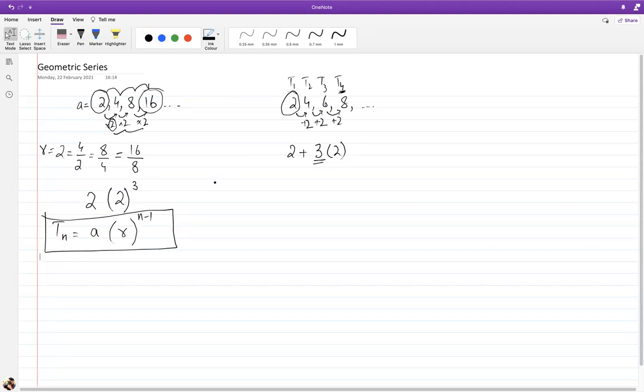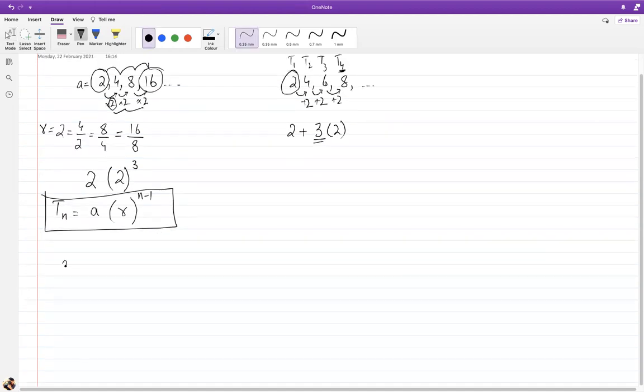Now, the next thing is, how do we figure out then what is the sum of these numbers? Okay, so the first thing, let's do a few questions for that, and then we'll move on to finding the sum. So let's say we have a simple question that there's a geometric series, and the first term is 12 and the second term is minus 6. So in this question, A is 12 and term number 2 is minus 6.